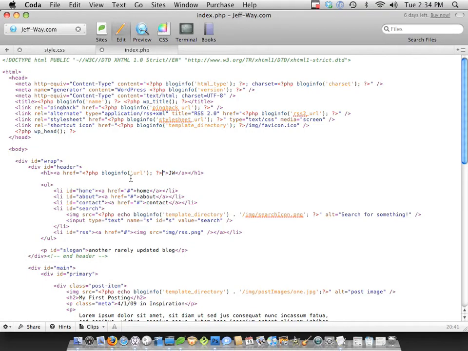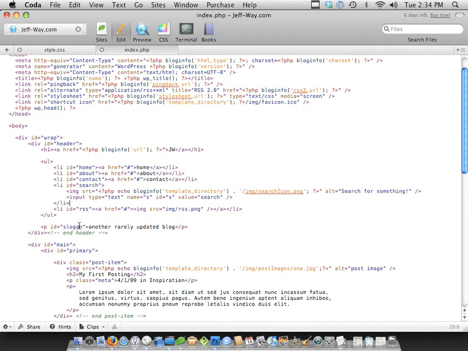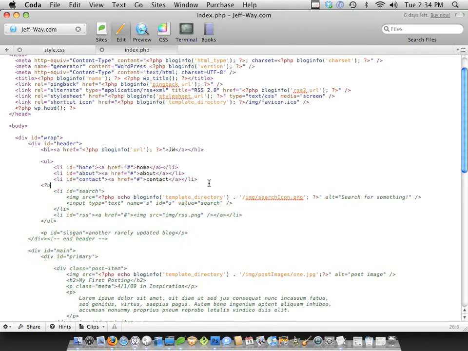So I mentioned that we are going to be changing some things. That's always going to happen when you convert HTML. I decided after a while that I don't want to store search and RSS within list items. It was giving me some problems across browsers, and I decided, you know what, it might be better to store those in a separate div. So that's what I did. So we're going to close out this unordered list,